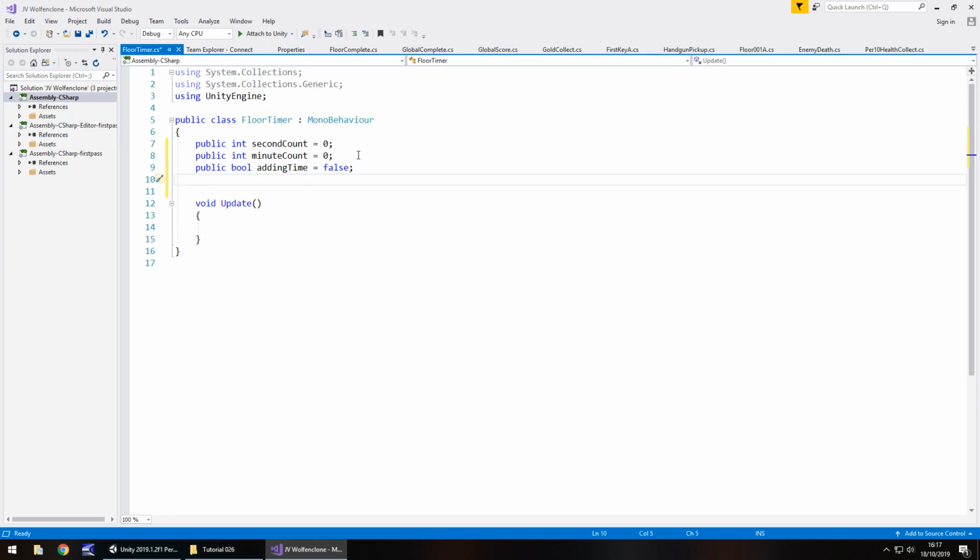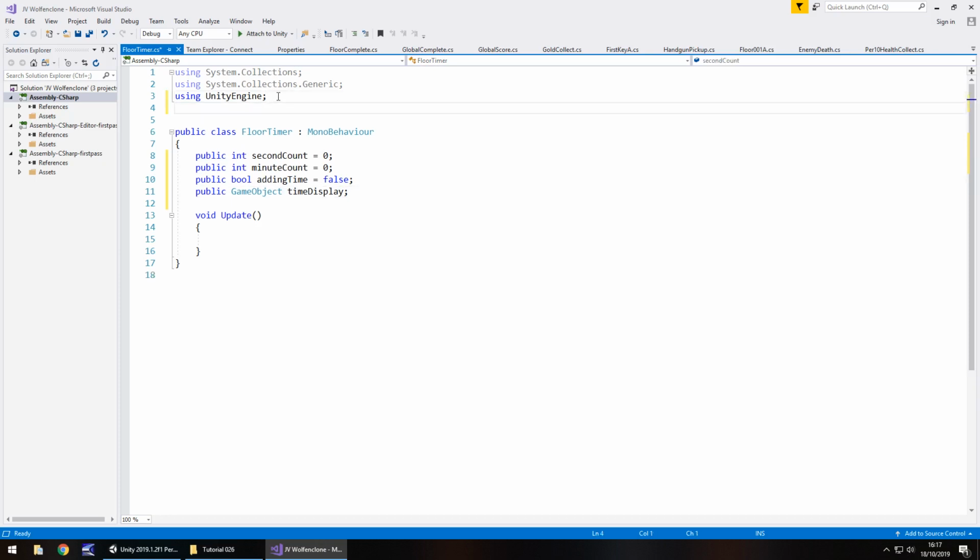Then the actual display itself, so public GameObject, and we'll call this timeDisplay. If you remember that text element that we have the time display in, we have 00:00, so we're going to have to follow that same routine here. Because we have a UI element here, we need to add that namespace in, so using UnityEngine.UI semicolon. This is all going to be done inside a coroutine, because a coroutine enables us to